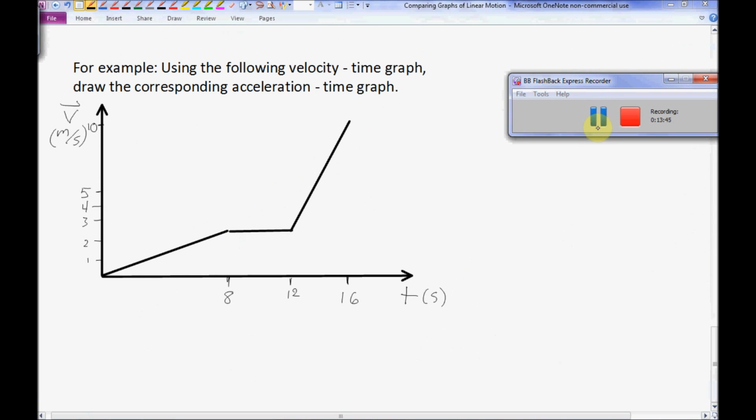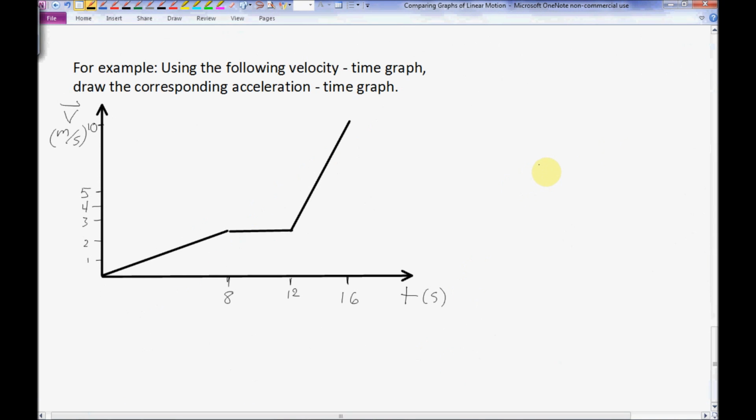On we go to our next example. In this example, we're going to use a velocity time graph, shown here, to draw a corresponding acceleration time graph. To get started, we're going to take a quick look at the graph, and we